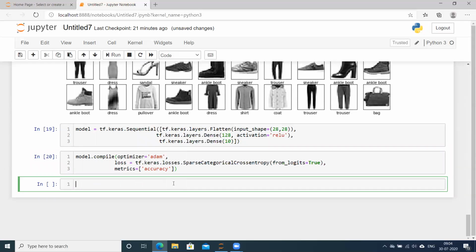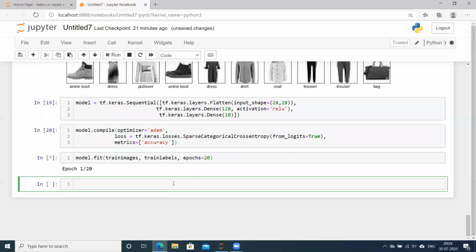Now we are ready to start training the model which we have created. For training, we write model.fit, and here we pass it our train images. We give it the labels for these images, as well as tell it how many iterations it should do. We are saying to do around 20 iterations.